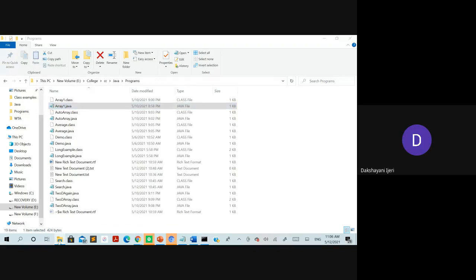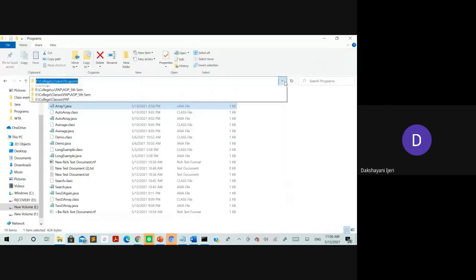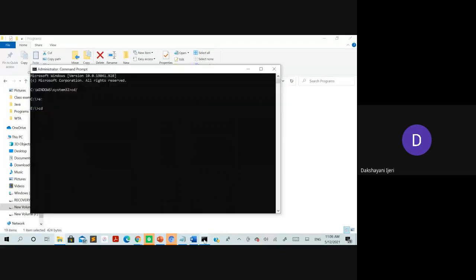So first you need to set the path to the folder where you have saved the files. Then only you'll be able to compile and run your program. How to do that? By default, if you run the command prompt, it will be pointing to the C drive. First, you need to switch to the drive where you have created your folder. I have created it in the E drive, so I am switching to the E drive. To switch to the drive, type the name of the drive followed by a colon. Then, using the CD command followed by the path to the folder where you have saved the files, press enter, and you will be switched to that particular folder.